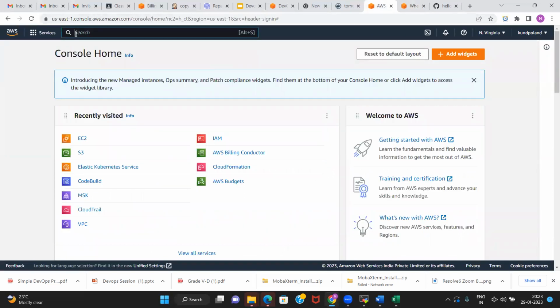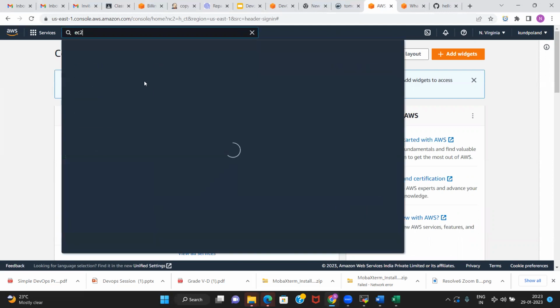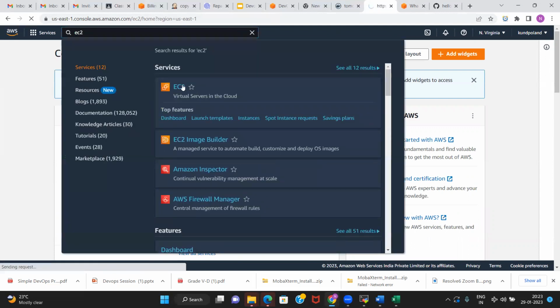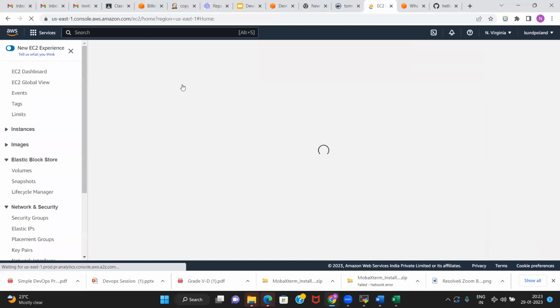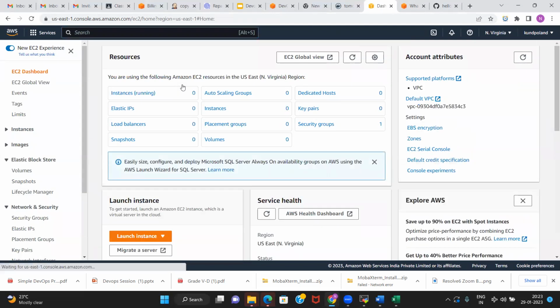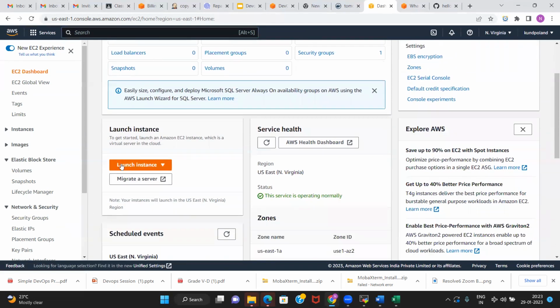Now let us log into AWS and just type EC2 and go to your EC2 instance. Once you are in the EC2 page, you need to click on launch instance.